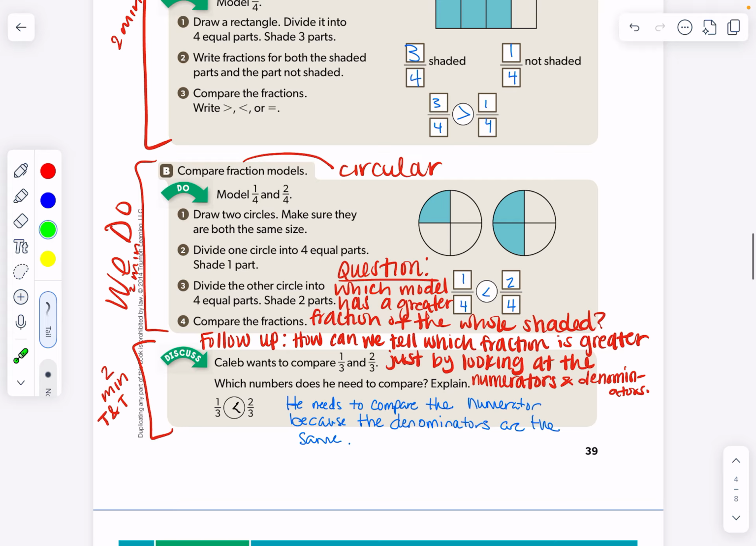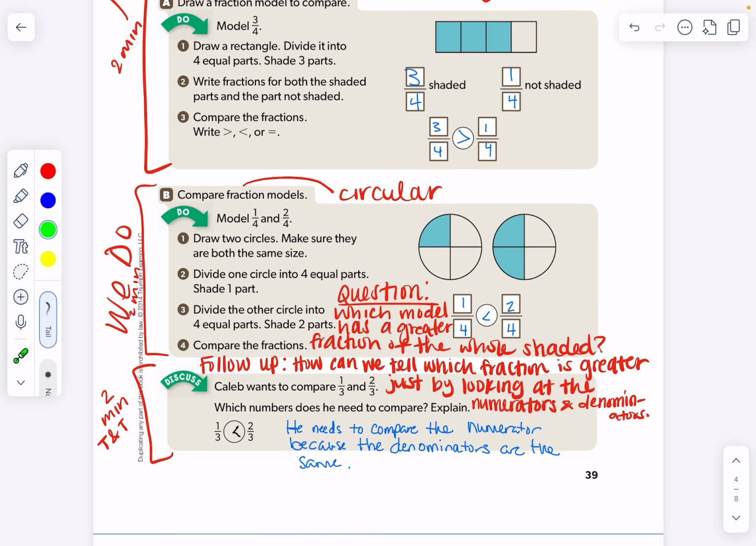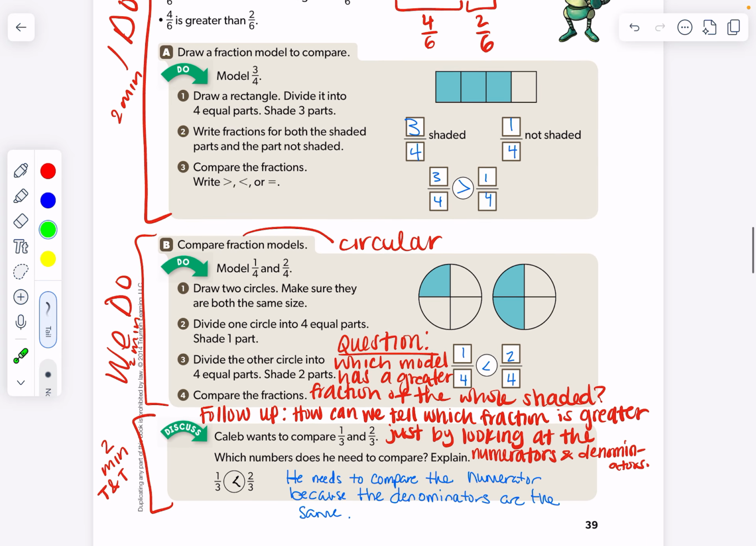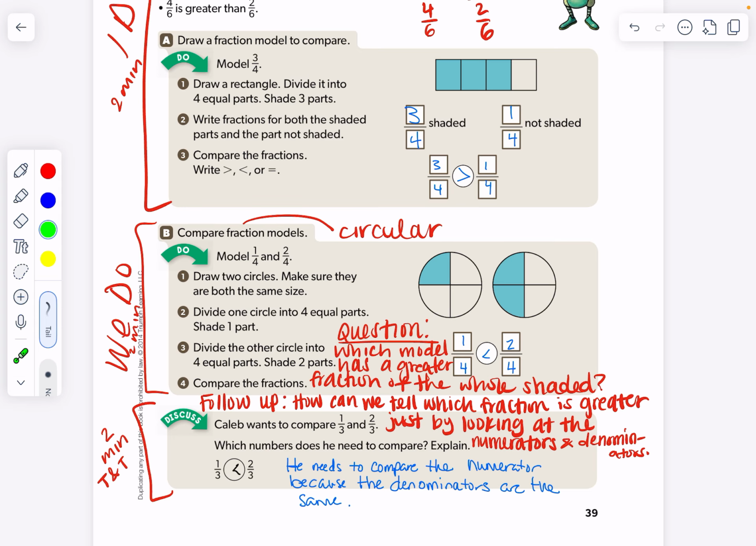From there, you're going to jump into a we do activity with students using circular models. Same concept as above, however, it's just a different shape for the model. You'd want to ask students which model has a greater fraction of the whole shaded, comparing these two, right? And then a follow-up question is, how can we tell which fraction is greater just by looking at the numerators